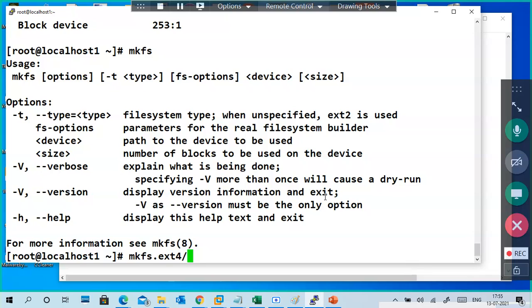There is a space after the 4. Then /dev/VG1/, your volume name.